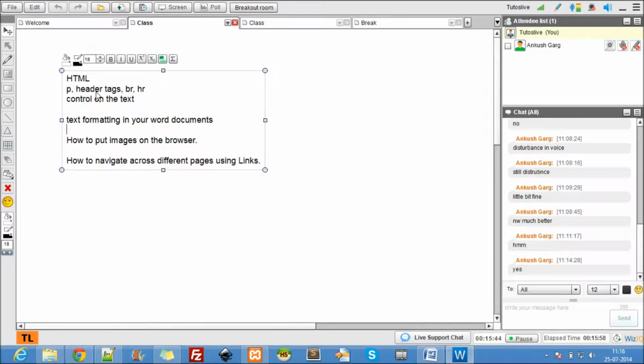So I'll just tell you guys what's really important. Putting the images and links is very important. If you miss this out, then you're missing out on HTML. You can't learn HTML without these two. Coming to the text formatting, I don't say it's that important. Even if you skip this text formatting, there's no issue, but still it's better to learn everything in the course, right?